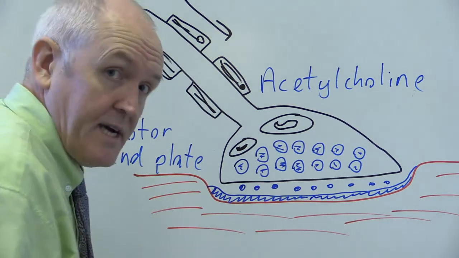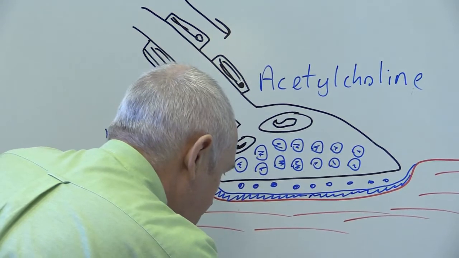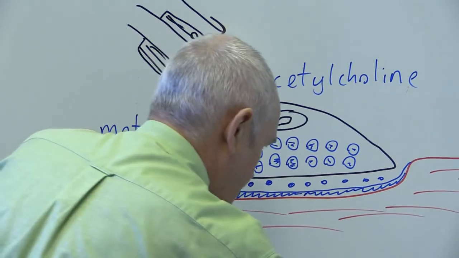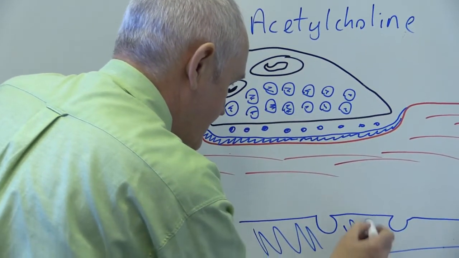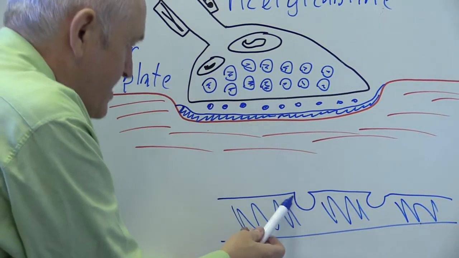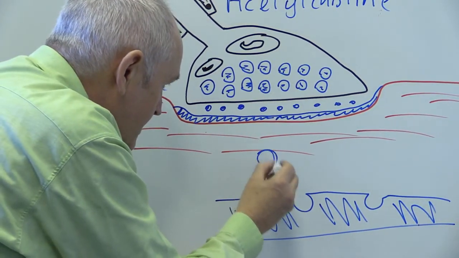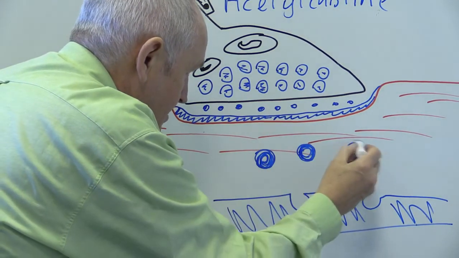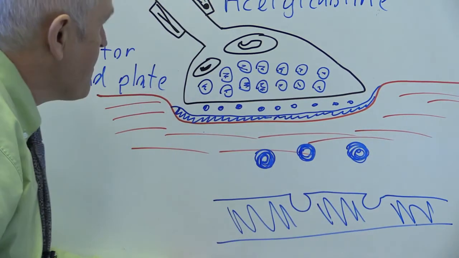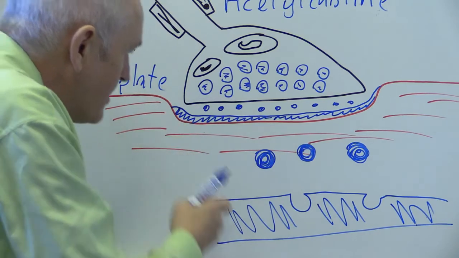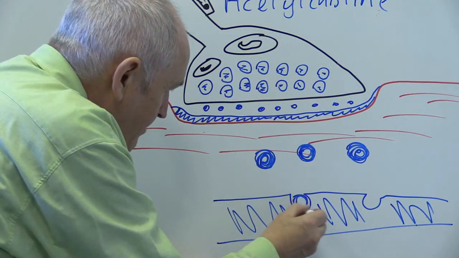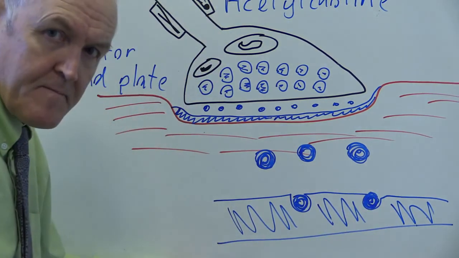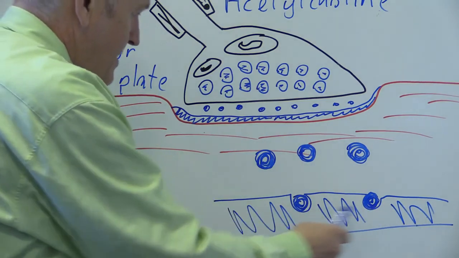So the motor end plate, if we look at it in larger magnification, has got these specific receptor sites. This will be the motor end plate here, containing the receptor sites for the acetylcholine. The acetylcholine molecules are released from the end part of the motor neuron, this motor end bulb. The acetylcholine molecules fit into the acetylcholine receptor sites on the motor end plate, and it's